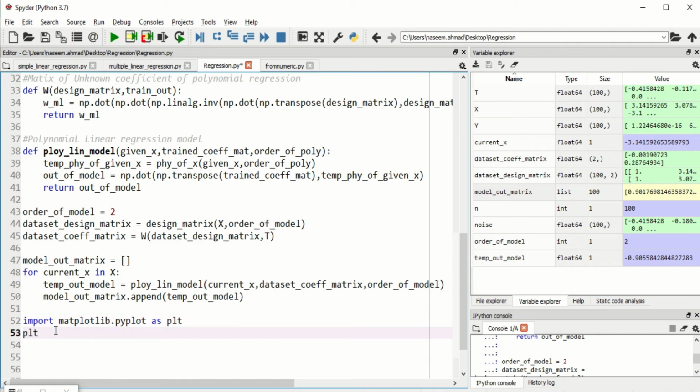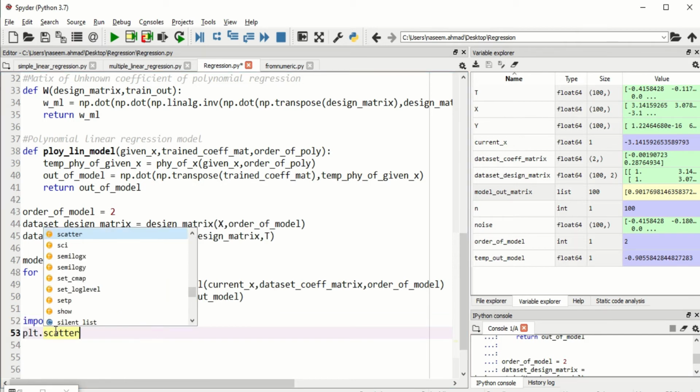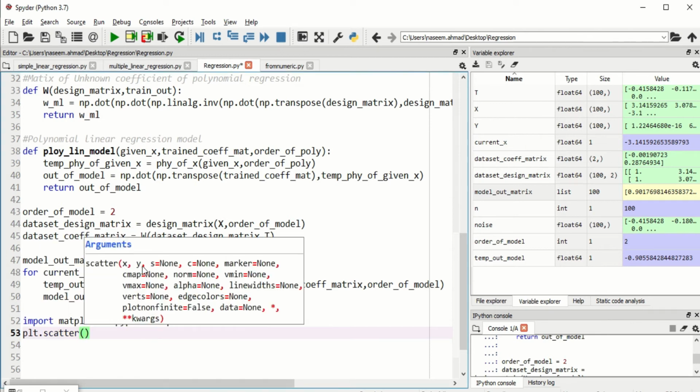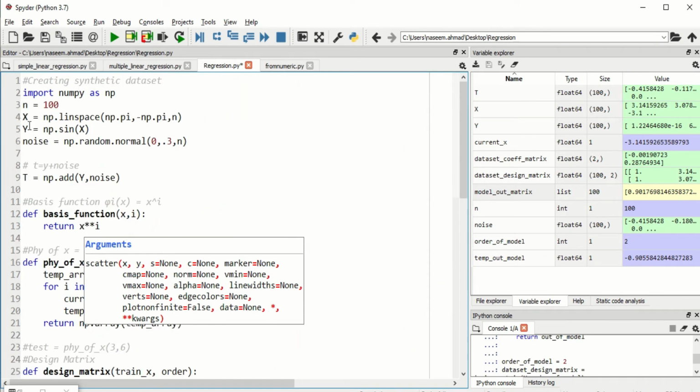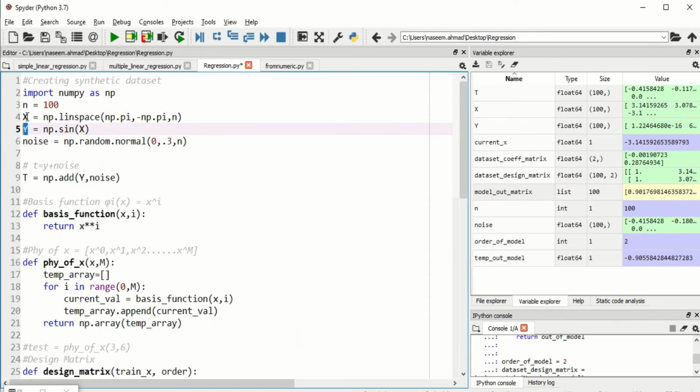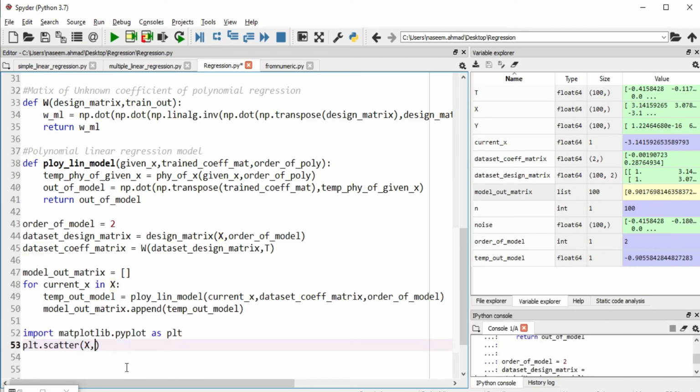And plt dot, let's draw a scatter diagram, and we need to give the coordinates of the scattering points. So x and y. Very first thing, we need to find out how x and y are related to each other. Let's do it. Let's give x and y.